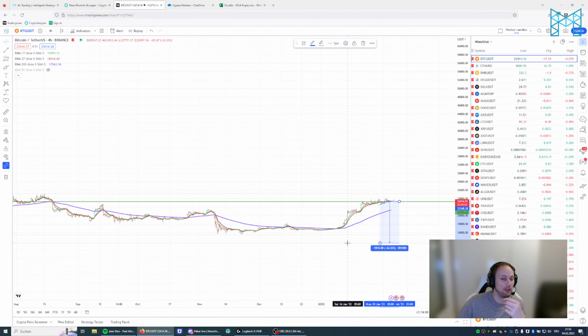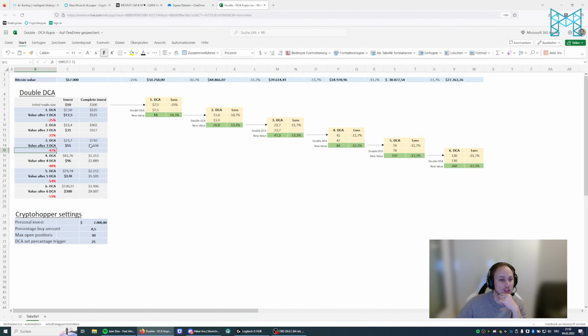And you even have much more money left, like $400, because you have 2,000 and 1,600 is the one after 3 times DCA. So you can also say you put in 20 max open positions. Therefore, you will see a bit fewer trades during the day, because you cannot cover as many positions or trades during the same time. But then you can do another DCA. You can do 4 times DCA, and then Bitcoin can drop 1, 2, 3, 4 to